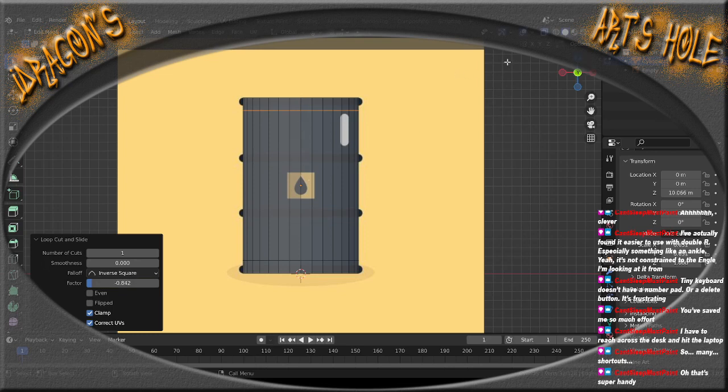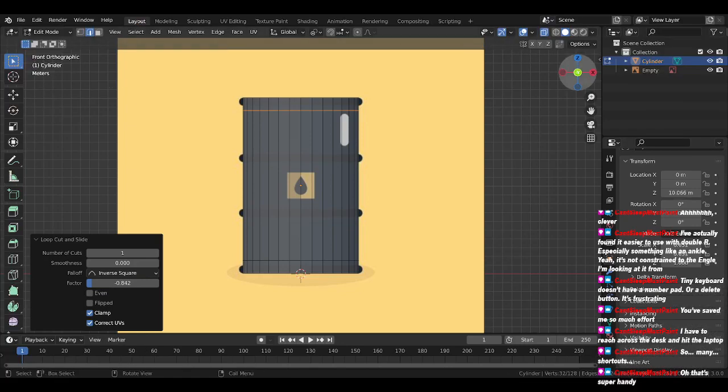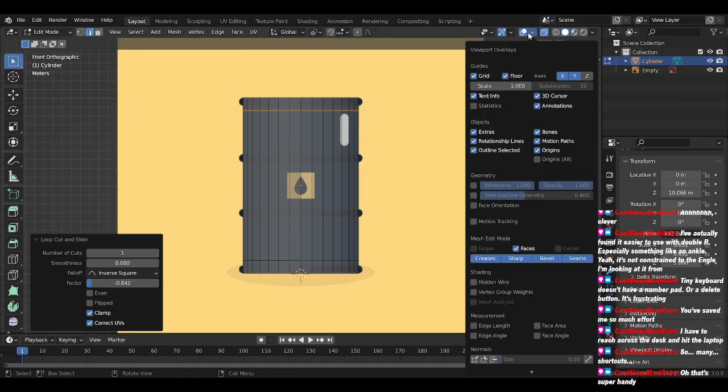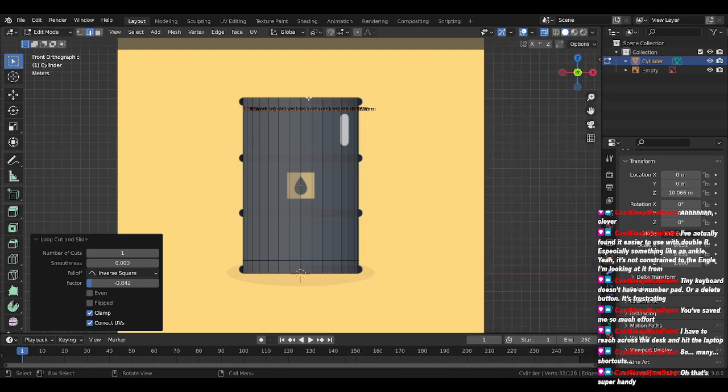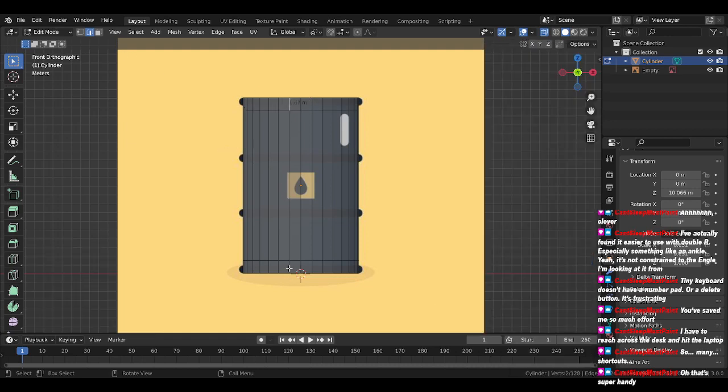I suppose another little option, again, I suppose arguably I should take the overlay off. A lot of options are in this viewport overlays thing, but you can go edge length, and then you will find how long an edge is. So that's 1.47, that's 1.49. Not a terrible way of, not terrible, but if I was that fussed about it being absolutely spot on, which I suppose I could be right now, but